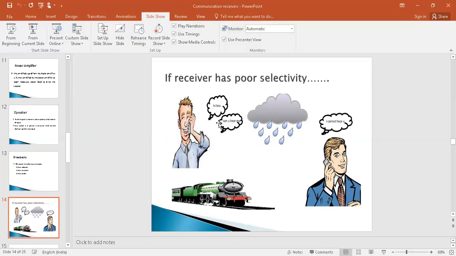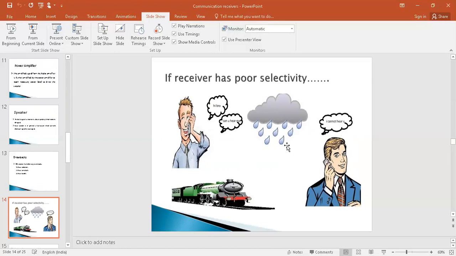But at the receiver end, he couldn't hear the information generated by the transmitter, because rain, atmospheric changes, and some other unwanted sounds get induced into the original signal, or we can say the original information generated by the transmitter. So if the receiver has poor selectivity, this is the problem that arises at the reception end.